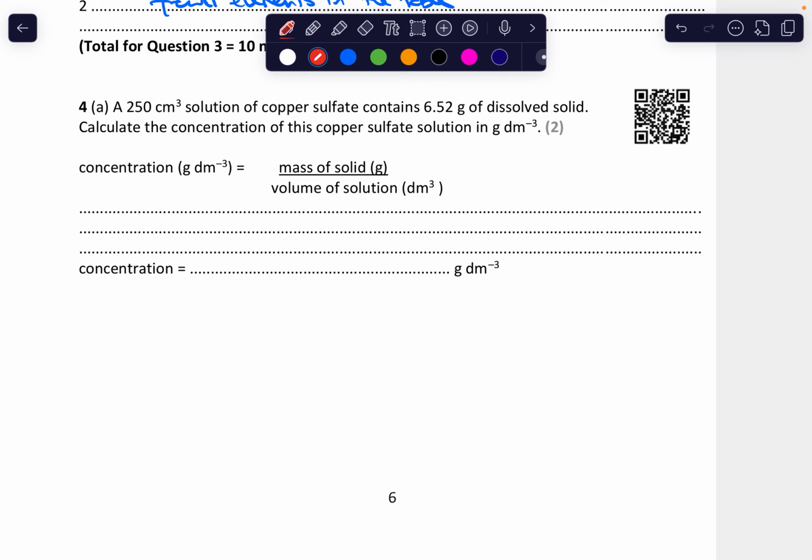So this is a concentration calculation, and we're being asked to calculate the concentration. Concentration, as you can see, is the mass, which is the amount, divided by volume. In this question, we have 6.52, and we're dividing it by 250, but we must remember to divide that by 1,000. So 6.52 divided by, let's put a bracket in there, 250 divided by 1,000, and that is going to give me an answer of